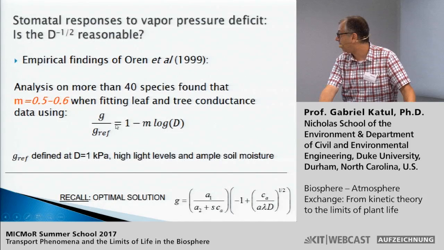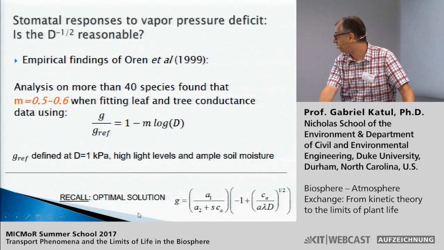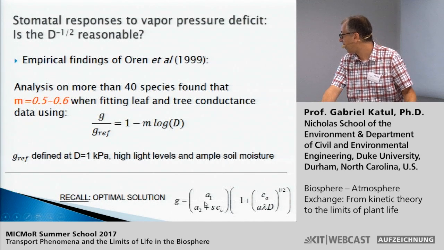So this is basically Ram's argument: M is between 0.5 and 0.6, and when you plot stomatal conductance divided by this reference, this slope is very stable. So, okay, this is the solution that we have. So what's the connection between this and this? We can evaluate the stomatal conductance at 1 kilopascal and assume that the ACI slope is still the same.